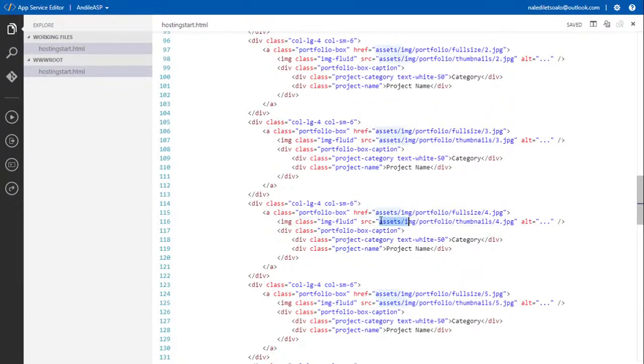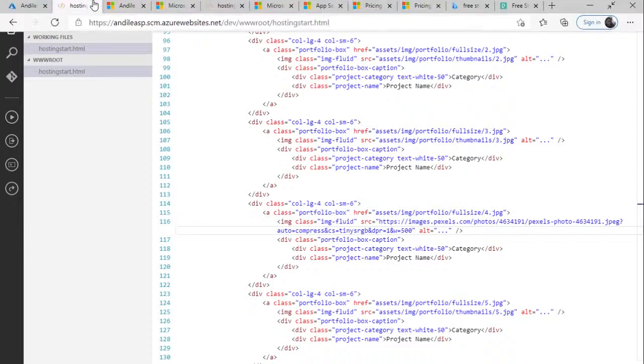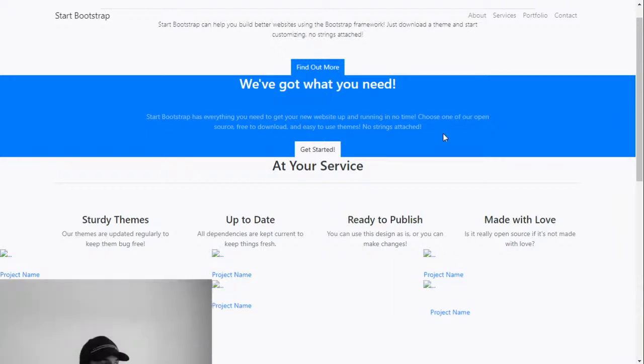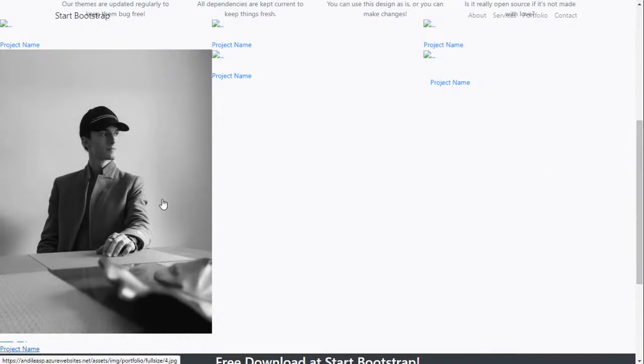All right, and I'm going to go back here and source. That's SRC, which stands for source. Sorry guys, I just need to throw that out there. And there we go. Let's see if this image is processing. And we hit F5. Hey, there we go. So we've got our first image, right?